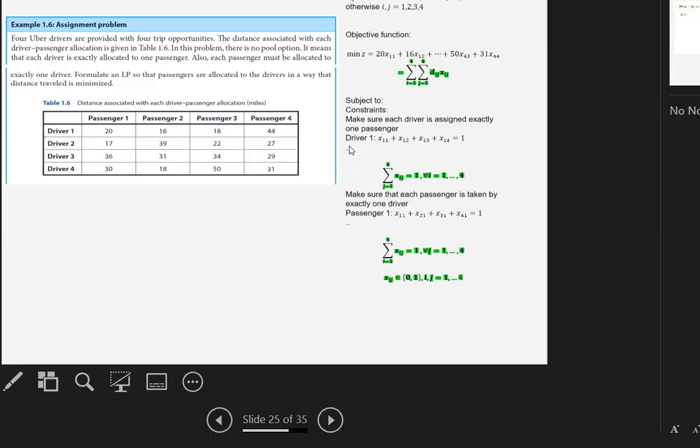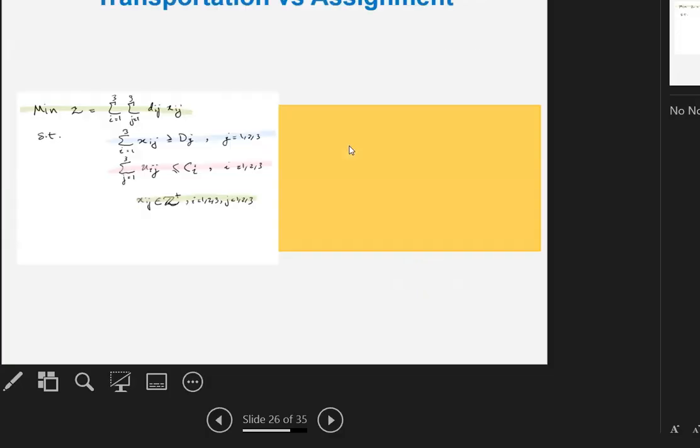It is a transportation problem essentially, except the demand of each demand point is just one. Each passenger needs just one, right? And the supply of the supply points is also one. Also, the number of demand points and number of supply points are the same. M equals N. So if that was the transportation problem, assignment problem is a subset of that, where M, number of supply points, is the same as number of demand